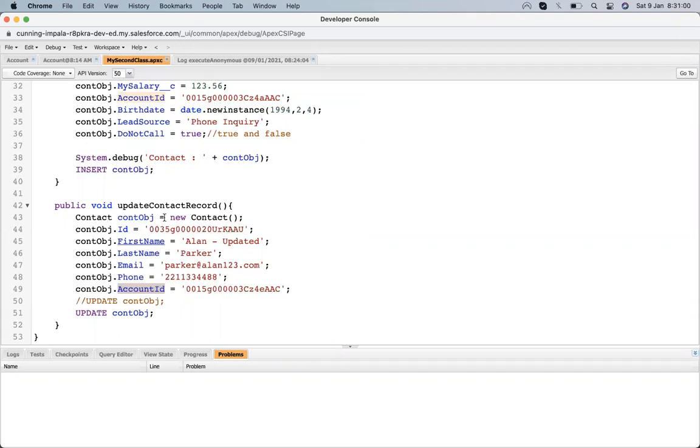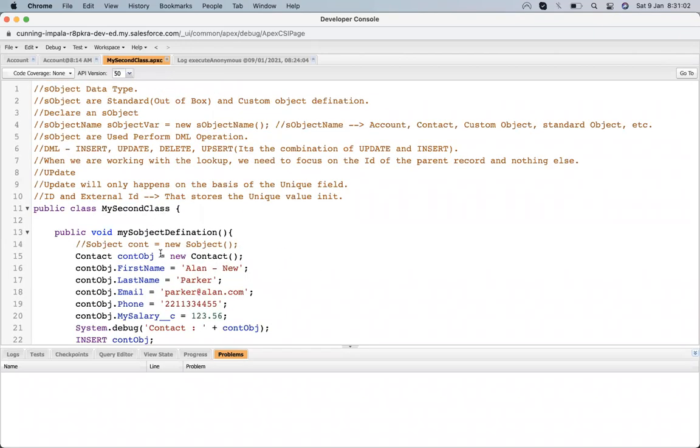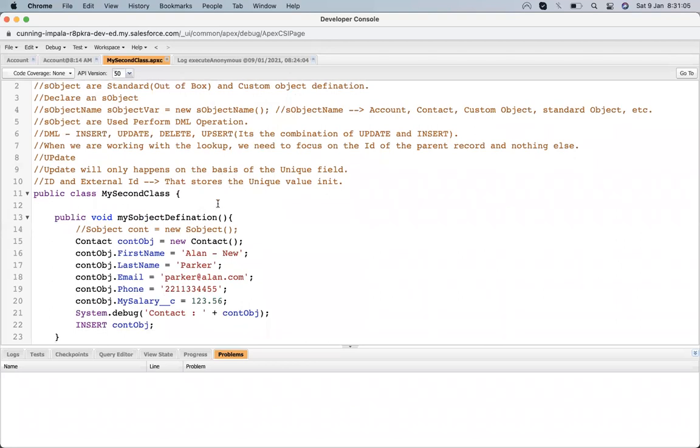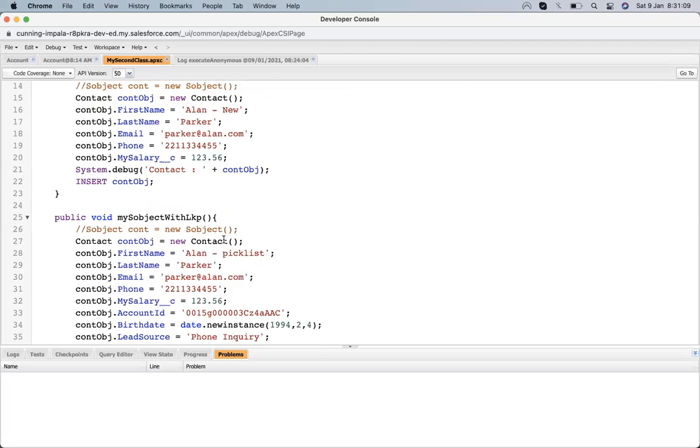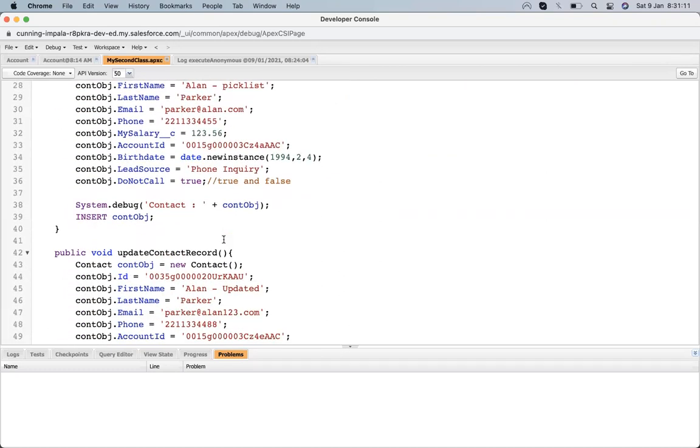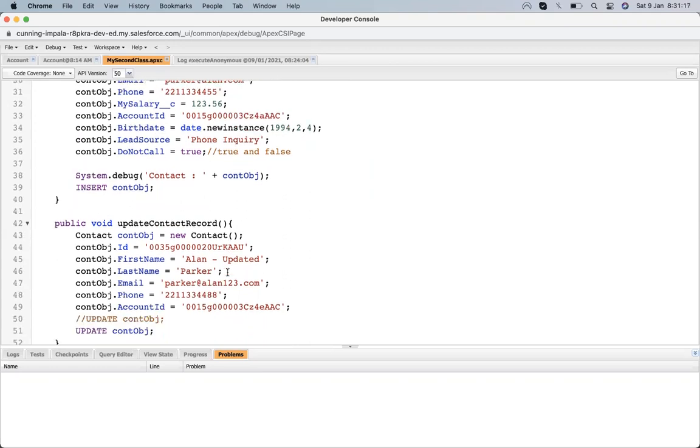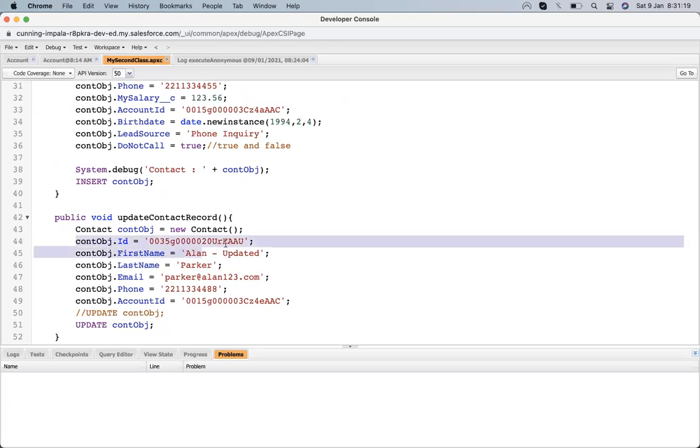Suppose the last thing I need is to upsert a record, then we move to the delete. Upsert a record means that it first looks for an update, and if it's not found, then it does the insert. Update, as I discussed, is done on the basis of ID.